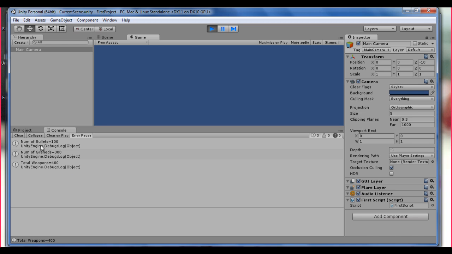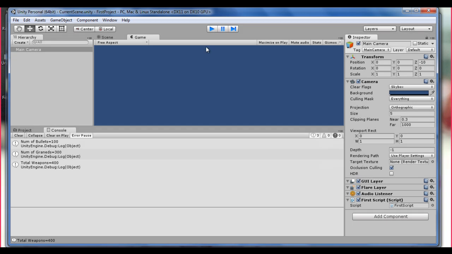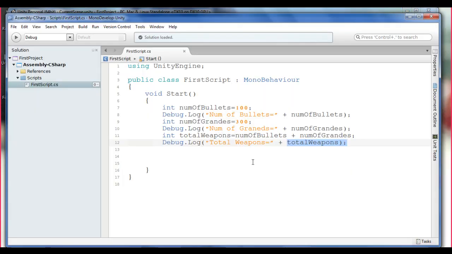You can see that we have number of bullets 100, number of grenades 300, total weapons 400. This is how you write code. This is all about logical skill, how you write the code. Then let us take, as I told, like the player has thrown